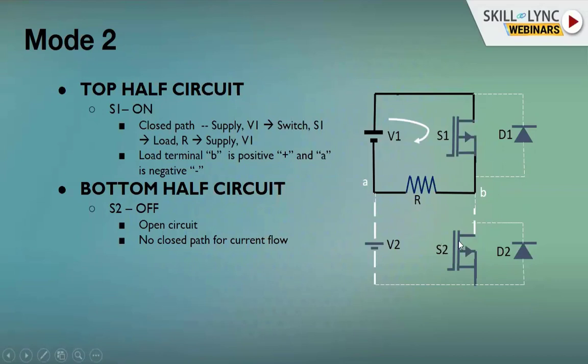Okay. So when S2 is switched off, there is no current over here in the bottom loop. So the bottom circuit is void over here. Whereas at the same duration, we are providing the gating pulse to the switch S1. So S1 is fed with the gating pulse. So what exactly happens in the top switch? Now there is a closed path formed over here through V1, the supply voltage, S1, B, the load resistance, and through the point A, it is closed back. So a closed loop is formed, so current flows through it.